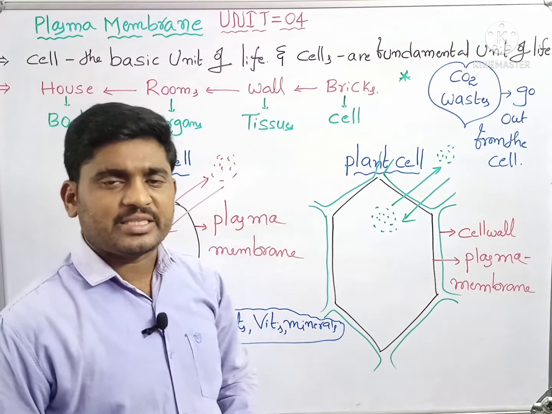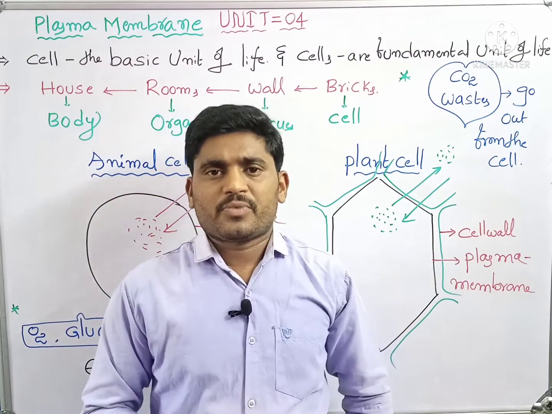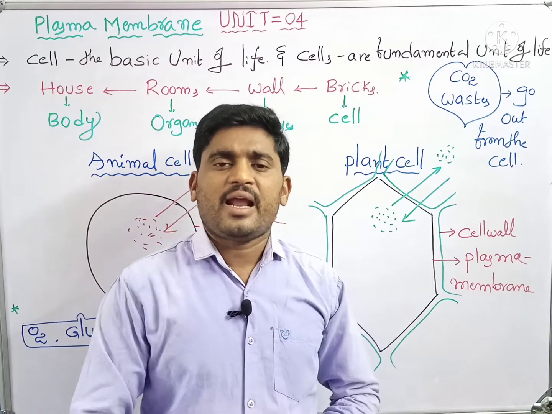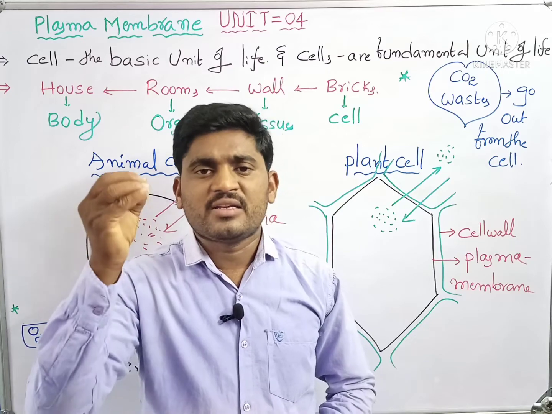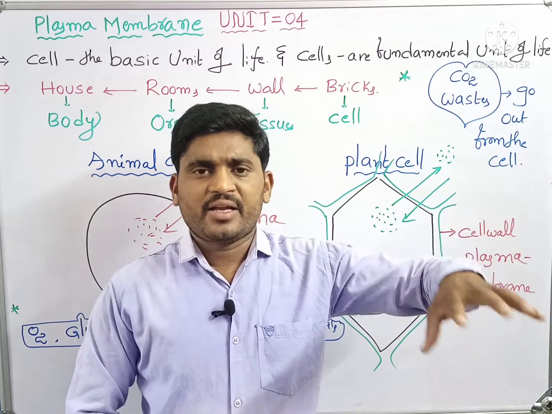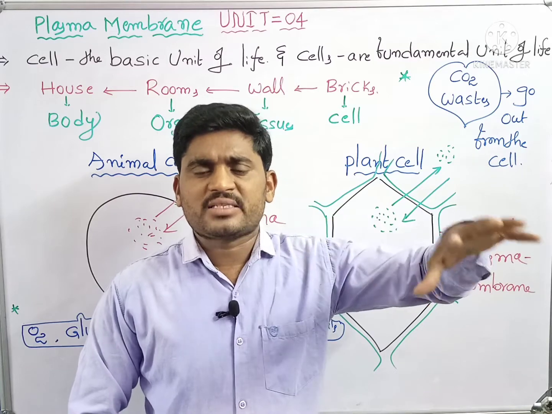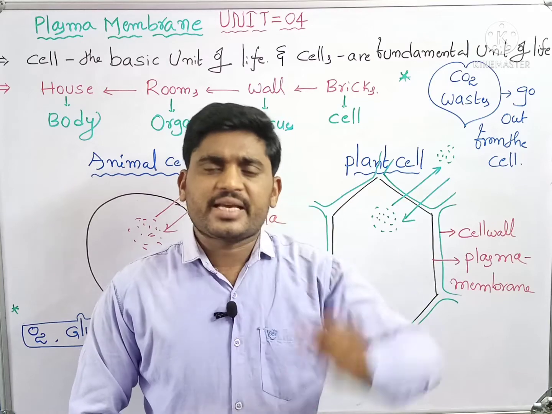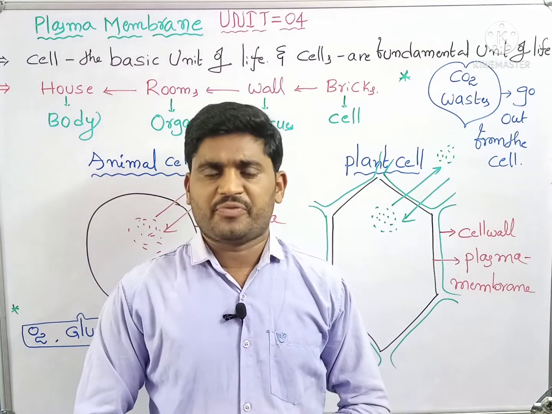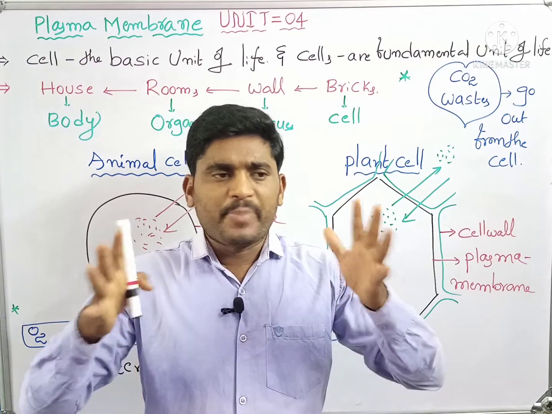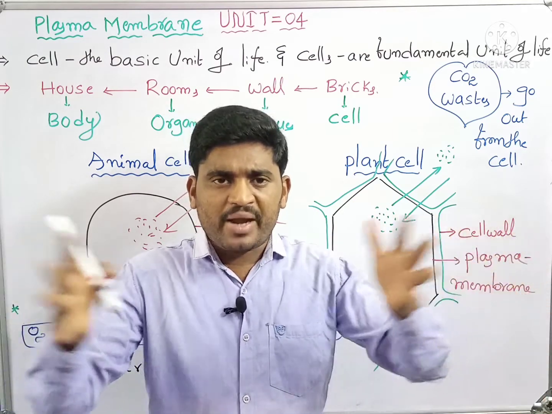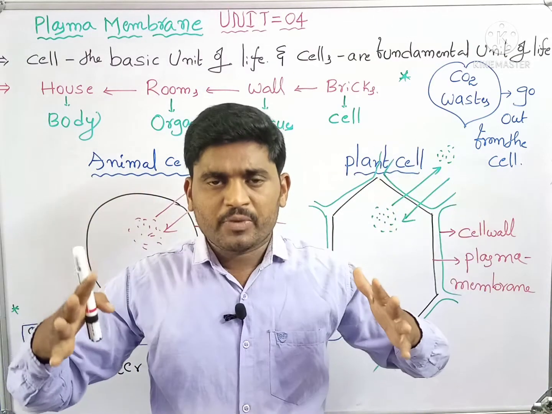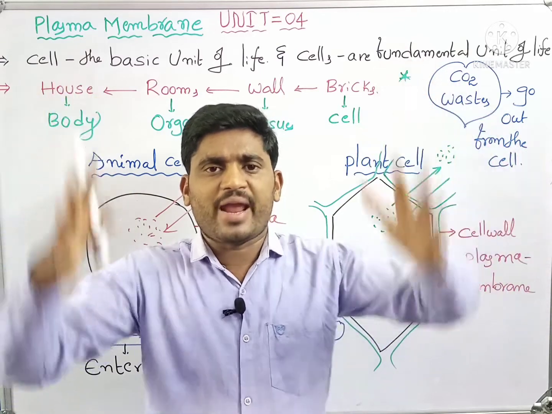Generally, before going to the lesson, what is a cell? Cell is the basic unit of life. The structural and functional unit of life is called a cell. Generally on land, all animals, all plants and microorganisms are made up of cells. So that's why this is the basic unit of life. For example, some bricks are combined to form a wall. One, two or three walls form a room. One, two or three rooms form a house.